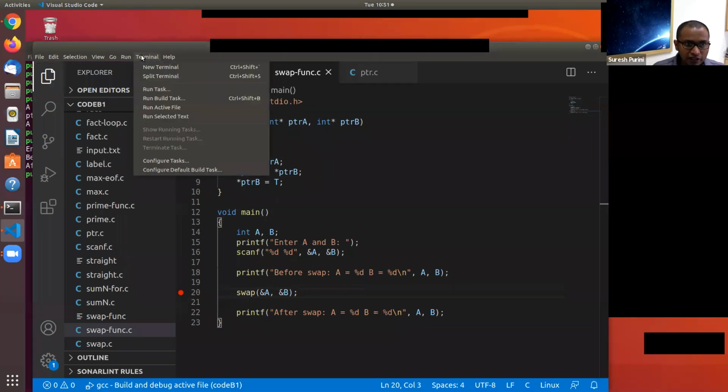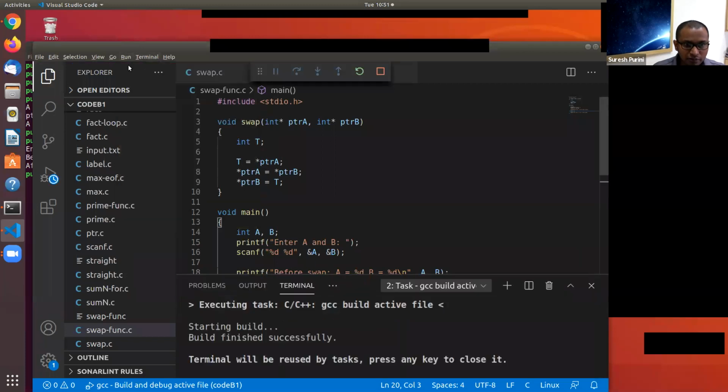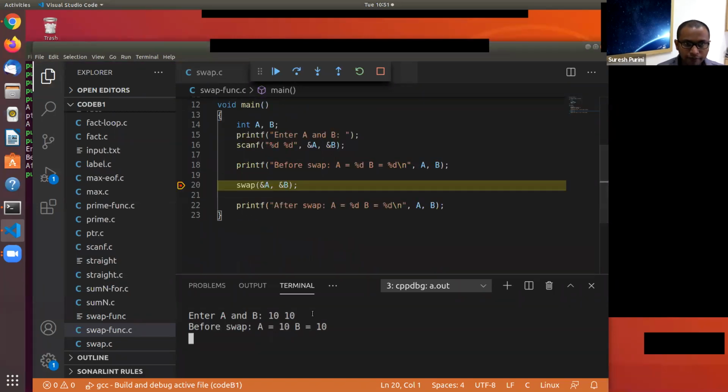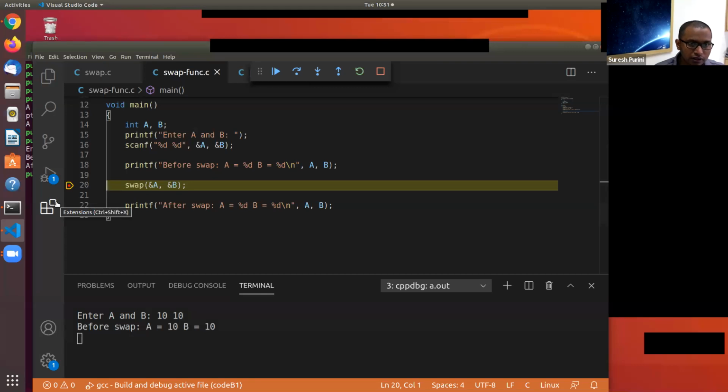Let's run this program in debug mode, start debugging. We are entering values 10 and 20. If you look at the call stack, how do I look at the call stack? I entered 10 and 10, that's okay, but view call stack.